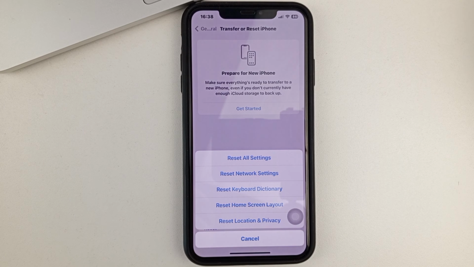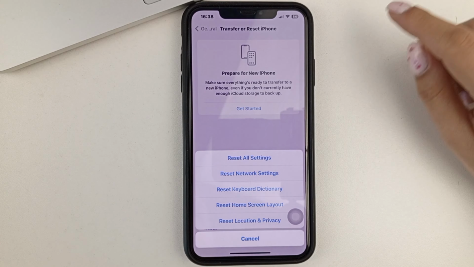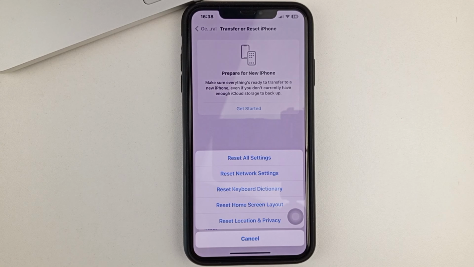But other settings will be reset, such as Wi-Fi passwords, phone passwords, iCloud, as well as, for example, some payment systems, Apple Pay, and so on. So if you would be happy with this option, then you choose to reset all the settings, after which you will need to enter the password for the phone. And after that, immediately some actions will be applied to reset all settings to factory defaults. And only in this way you will be able to reset the camera settings.